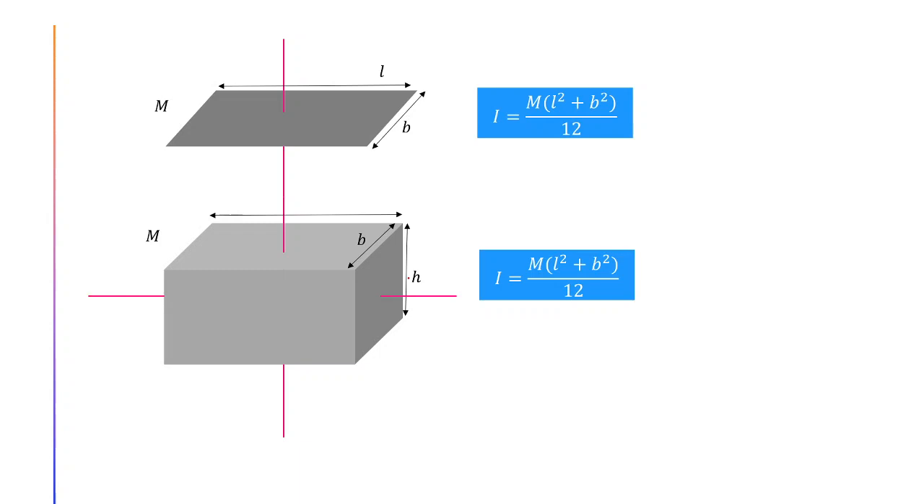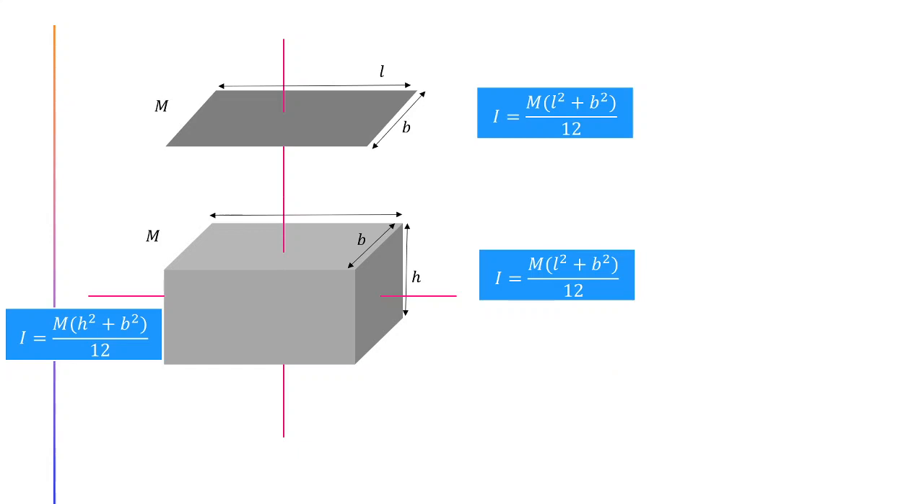Yes. So similarly, if you talk about this axis, you can draw similarities: if the axis was passing through the face with lengths L and B, and now this axis is passing through the face with lengths B and H, then about this axis it would be m(h² + b²) by 12. And then you can't use the